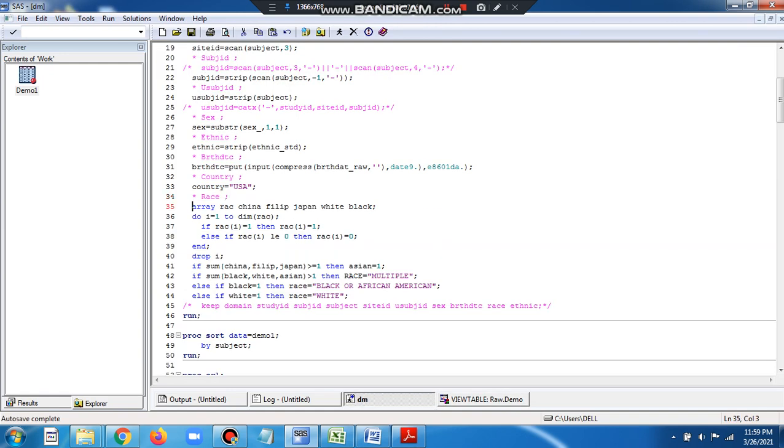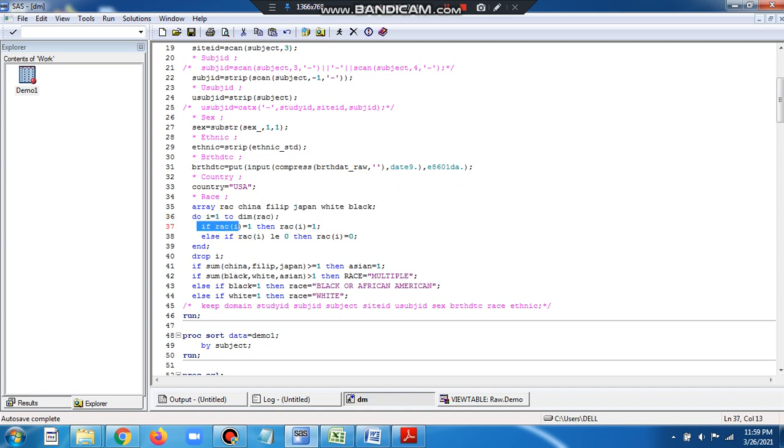So we are putting all these variables into an array, ARRAY array. You are creating some new name for the array. Here I am giving race, and I am putting all the variables. So do I equal to 1 to dim of race. So for all the variables, I am doing this operation.